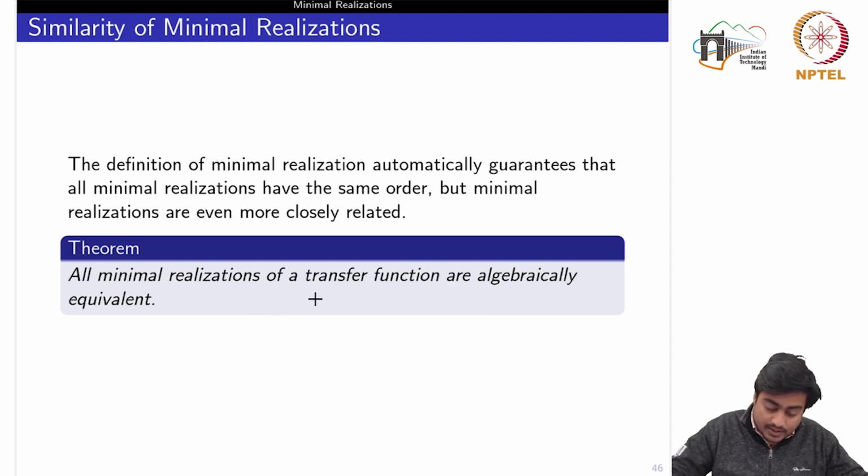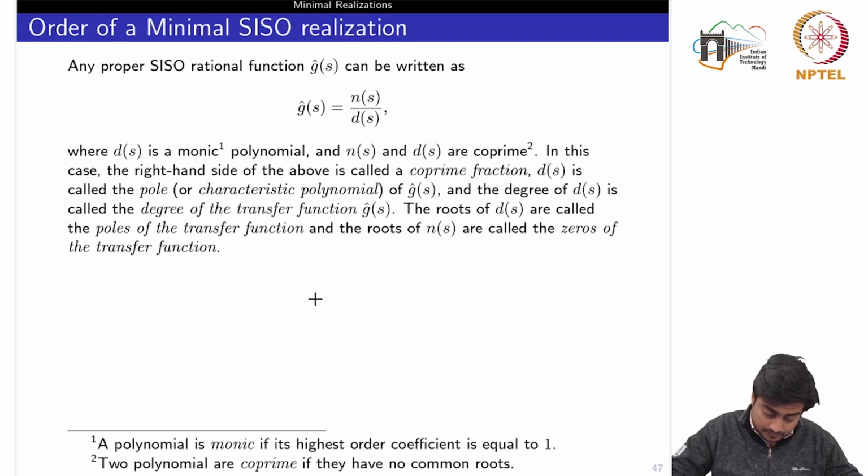You can achieve this by using some similarity transformation matrix, where the other realization would have the same dimension, but the matrices might be different. So, talking about setting up some connection between the realization and a minimal realization or a transfer function,